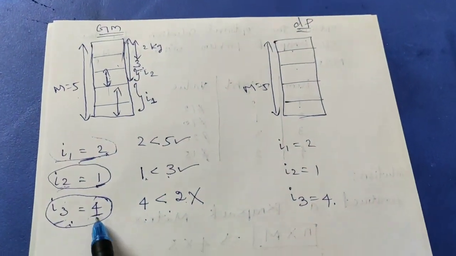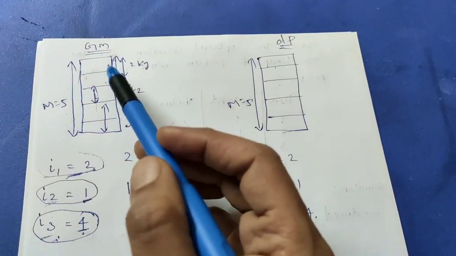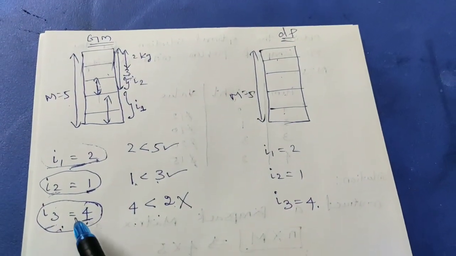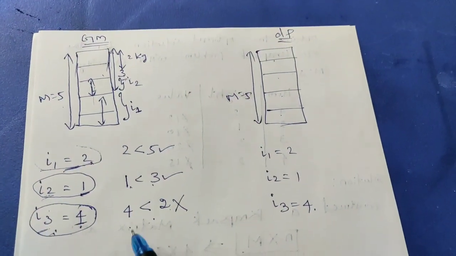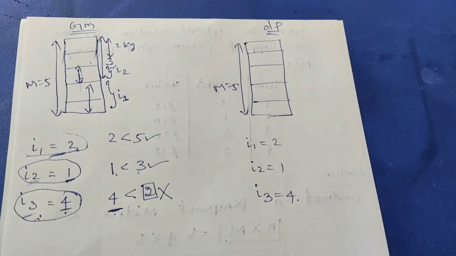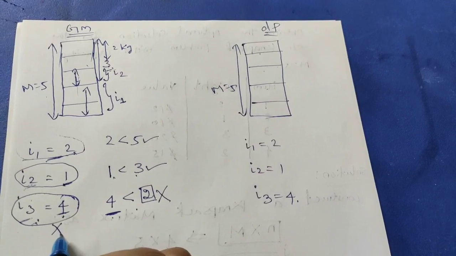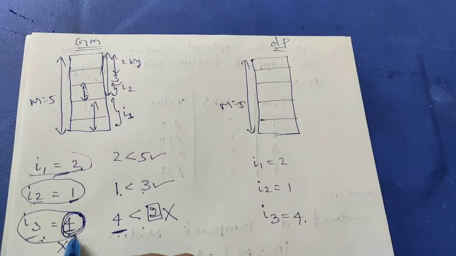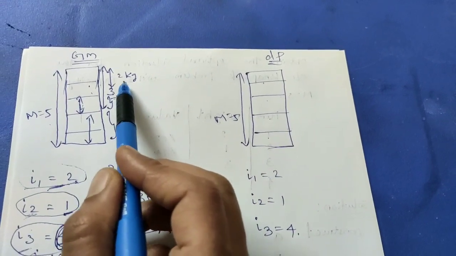I cannot avoid this item completely. So that means I have only 2 space in the knapsack, but I have an item of 4 kg to be placed into the knapsack. So out of 4 kgs, I can place only the 2 kg of item into the knapsack. Instead of avoiding this item completely, I will find out how much of this 4 kg item I will be able to include into the knapsack based on the remaining capacity.